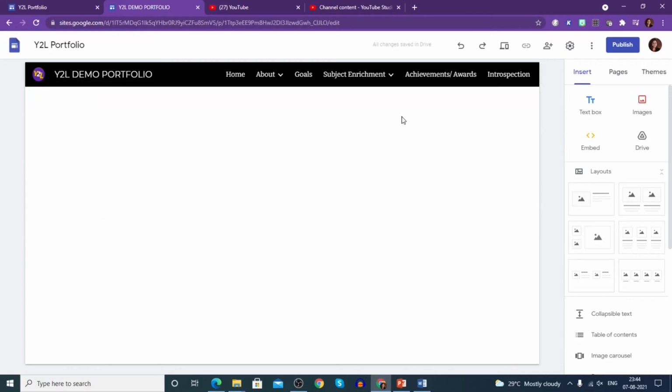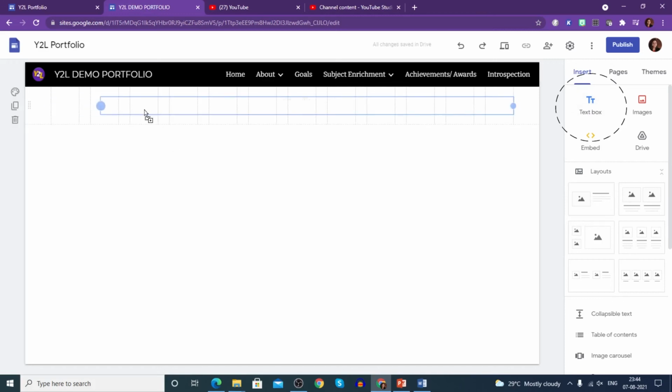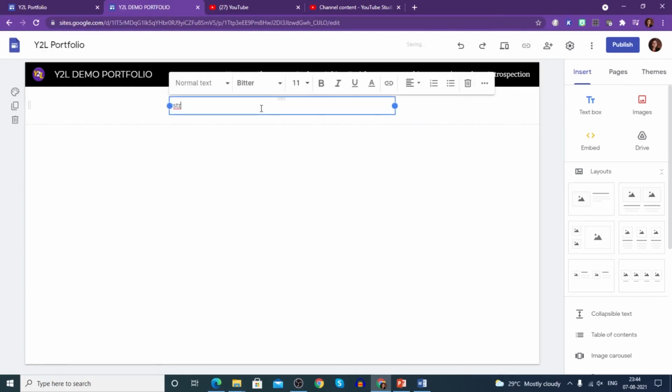Coming to strengths and weaknesses, again how you want it. You don't want any picture to be there, you simply click on the text box and just resize the text box as per your needs. Mention your strengths. You can mention you have leadership quality, you are decisive, you are hardworking, and you are passionate for work or passionate for a particular thing. You are confident, whatever your strengths are, put honestly.